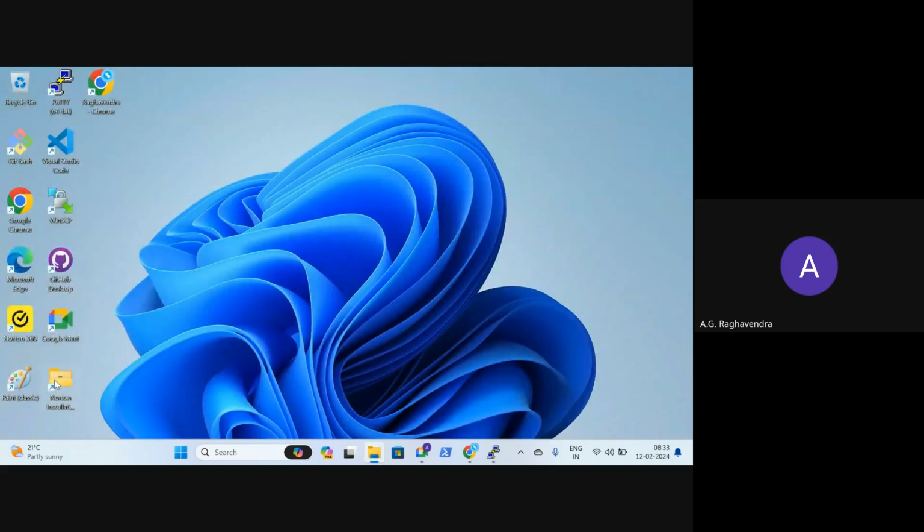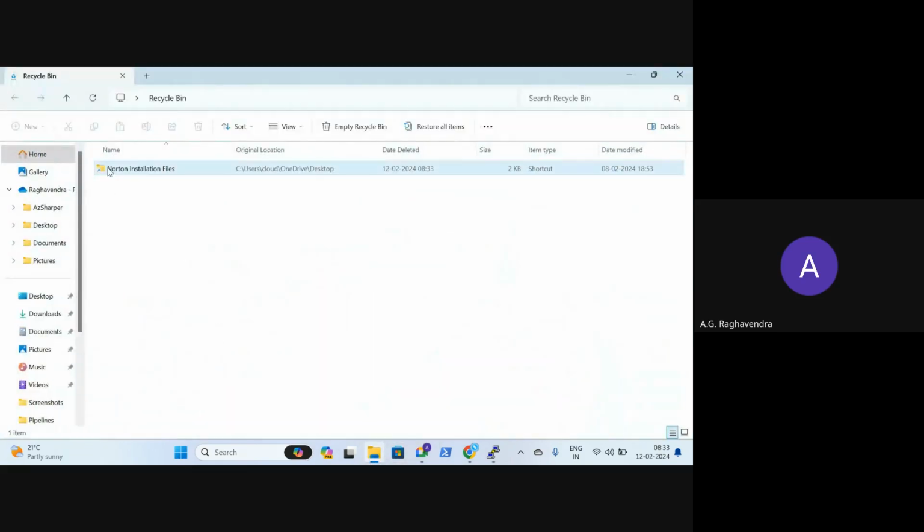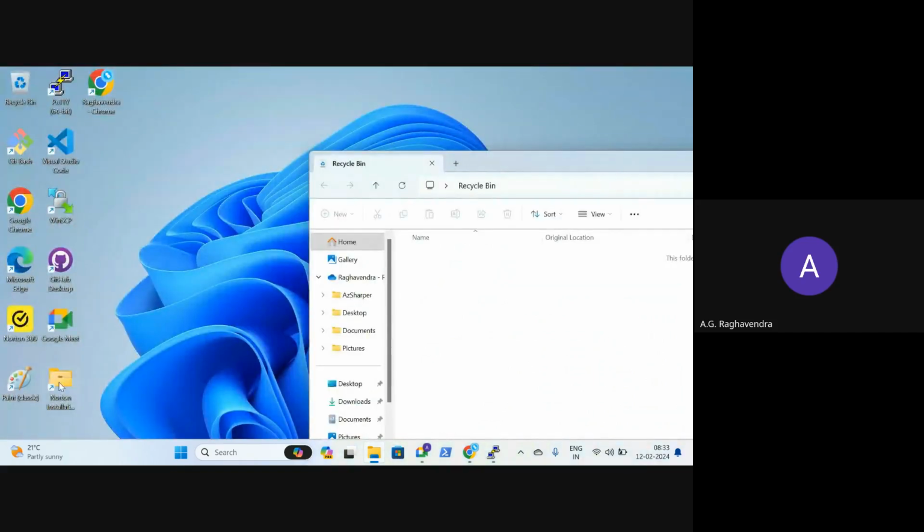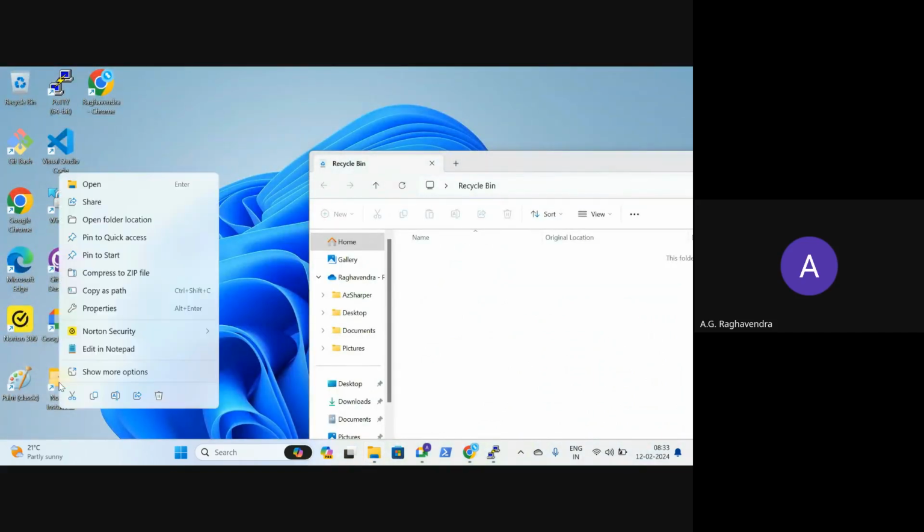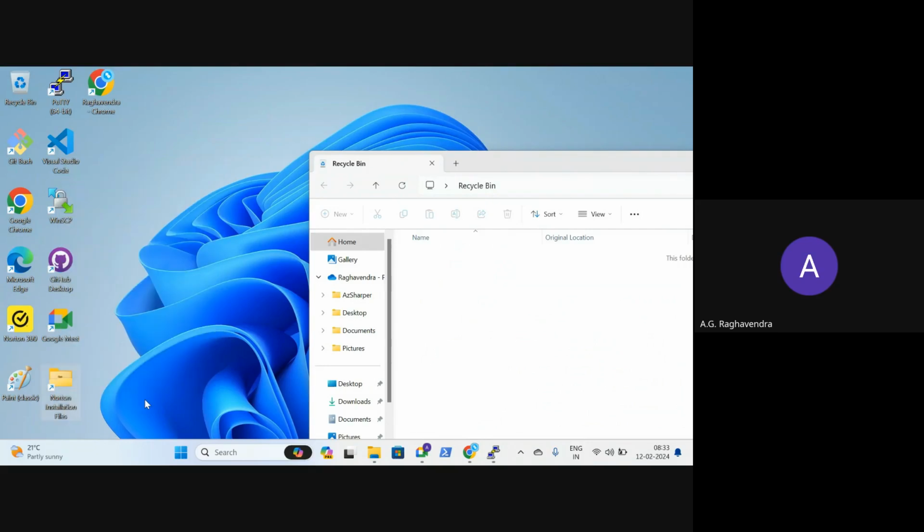Say, for example, this is a shortcut and I'm going to remove it. That's removed. Where does that go? That goes into the recycle bin. If I want, I can get it back by simply selecting restore. If I restore, this is automatically restored.